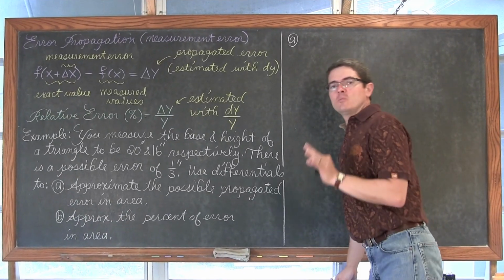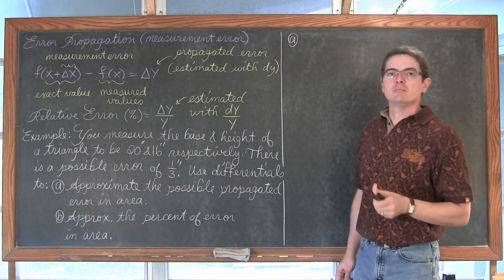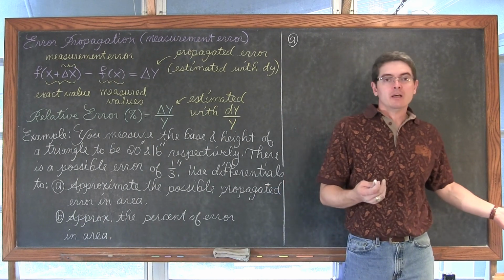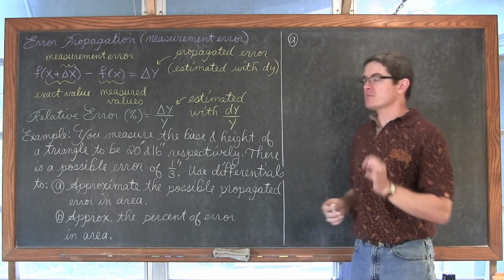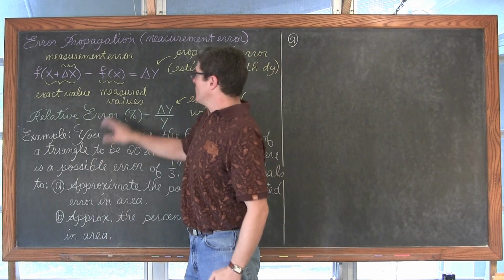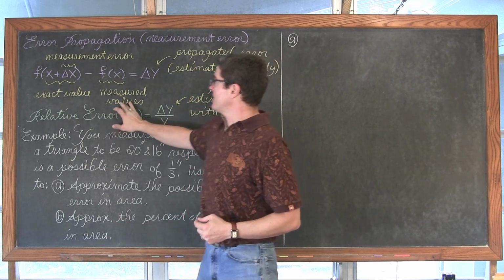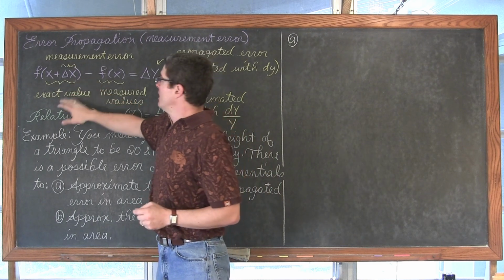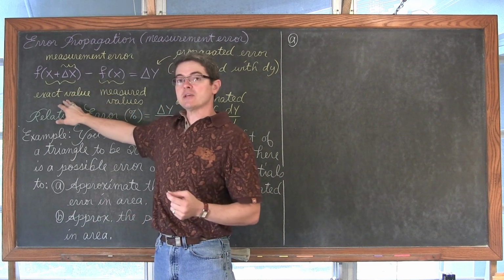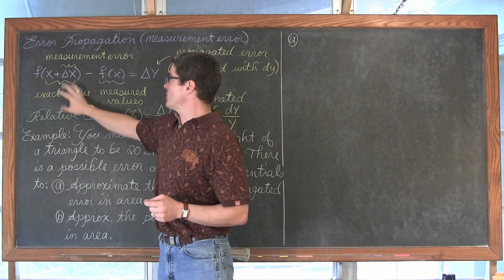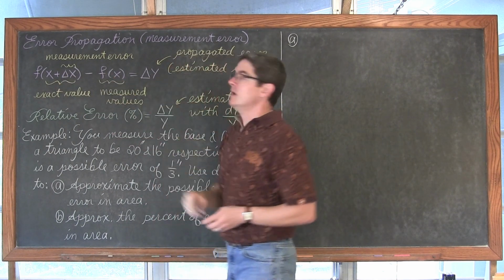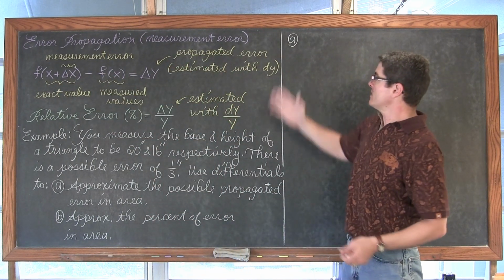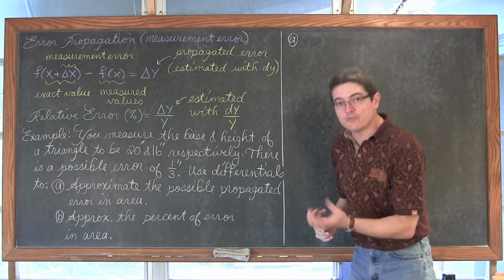Now with measurements, we're never going to be exact, and when producing products, in manufacturing, everything's not going to be exactly the same. There's always going to be a little bit of error. So we take a measured value, but then there's going to be some kind of error, as much as we try not to, between a measured value and an exact value answer. And the difference between the exact value and the measured value is going to be delta y, which we're going to estimate with a differential of y.